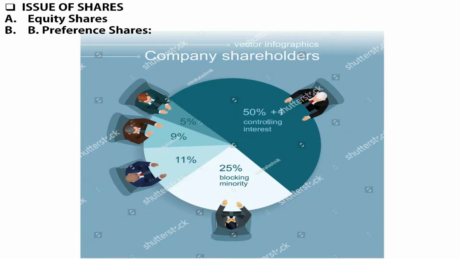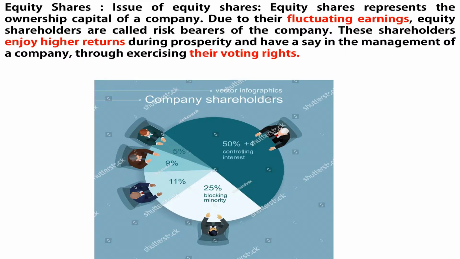Issue of shares. We have two types of shares: equity shares and preferential shares. Equity shares. Issue of equity shares. It represents the ownership capital of a company due to their fluctuating earnings. Equity shareholders are called risk bearers of a company. The shareholders enjoy higher returns during prosperity, have a say in the management of a company through exercising their voting